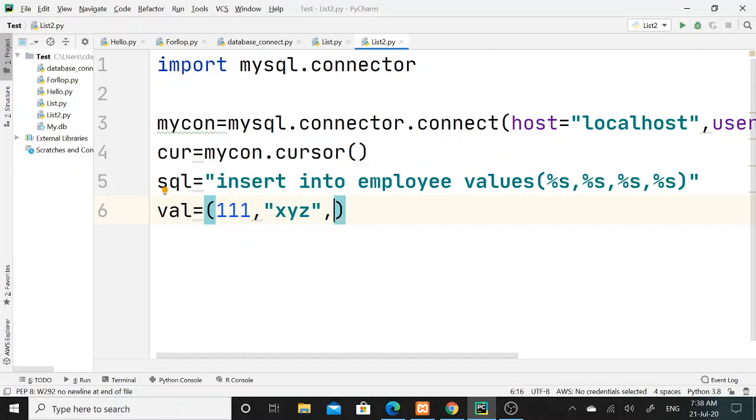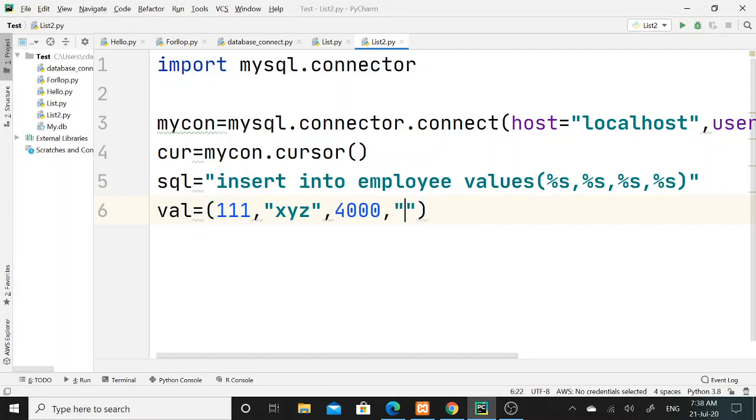Then the third value that I want to insert into the employee table is employee salary. Suppose employee salary is 4,000, and the last value that I want to insert is city name.